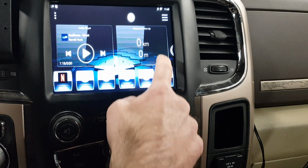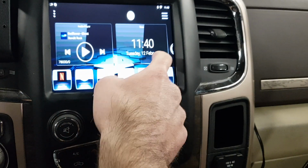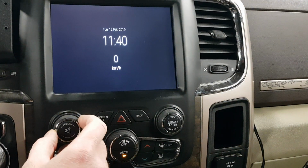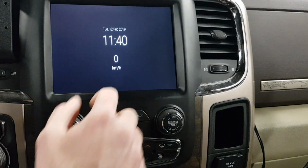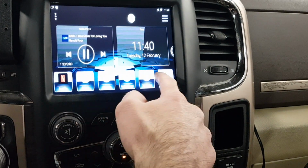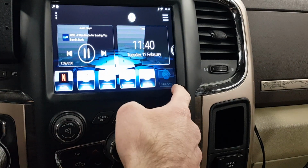how fast you're driving, how long you're driving since the car started. You got all different, and this is really good as you can have this and that as your screensaver at night, so it don't get too bright. It will show the speed that you're driving, and you can set up the system how you want. You can select all the apps that you want down there. We got the auto agent there if you want that,